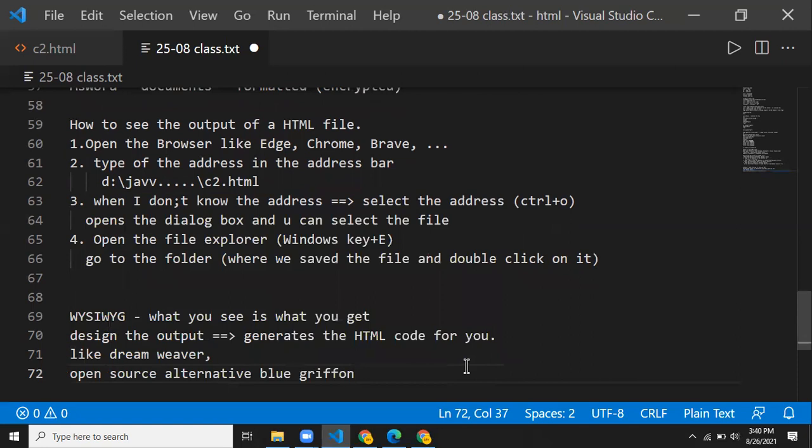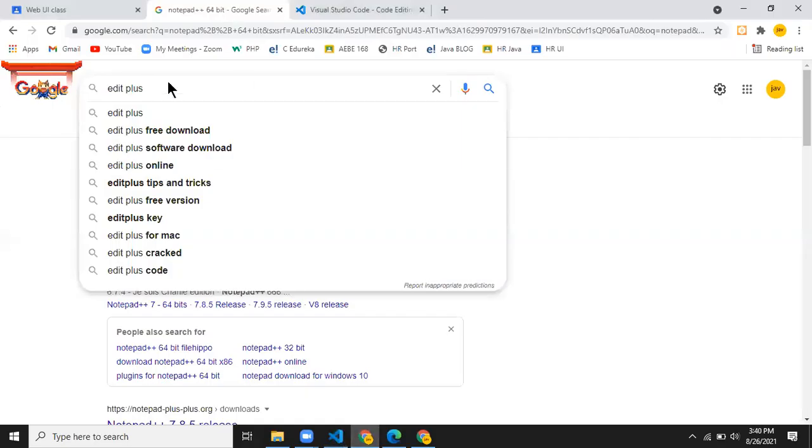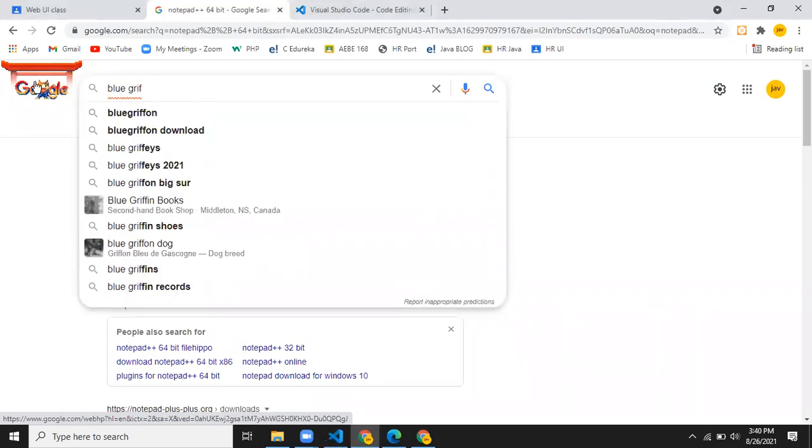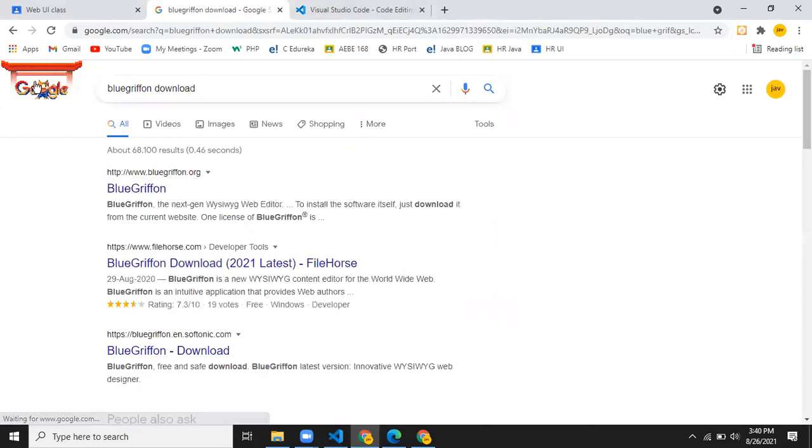Now, how to download it? Same thing as before: go to any browser, open it, and type the software name. Just type Blue Griffon download. Once I do this, you can see the site bluegriffon.org.